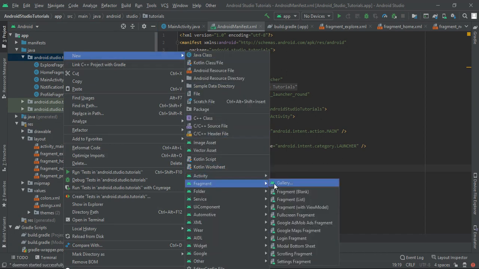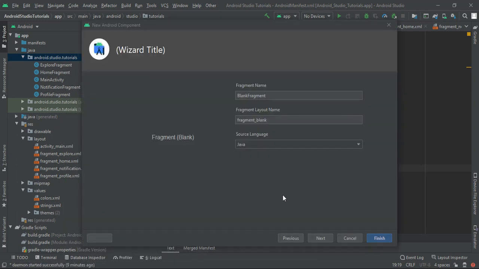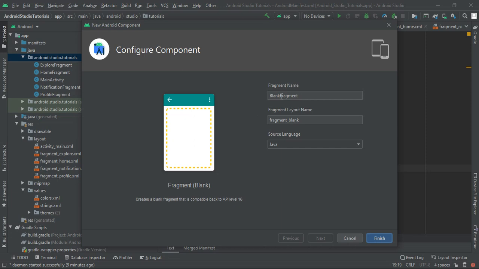So our bottom navigation drawer will become with fragment. So to add our bottom navigation drawer with fragment, I am going to name a fragment. So currently I am going to give its name as a blank fragment only, and in this I am going to click on finish.